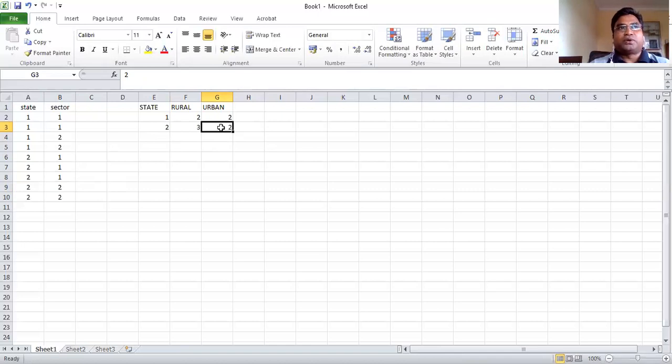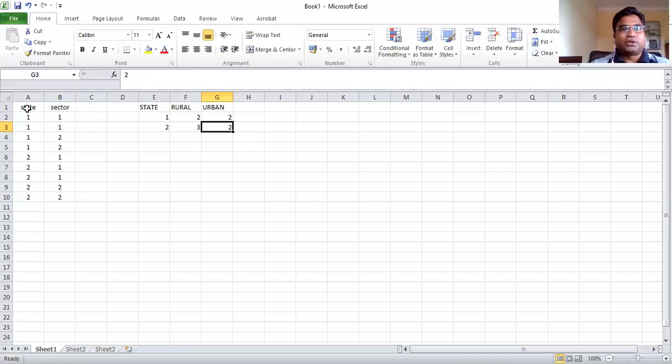And if you are familiar with data, then it's not a very problematic thing. But if you are not comfortable with data, it is for those who are doing the analysis for the first time. So in Stata, we have to manipulate the data in this way so that we can get this state-wise rural and urban samples.